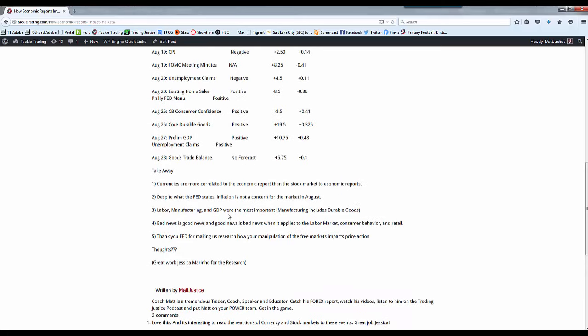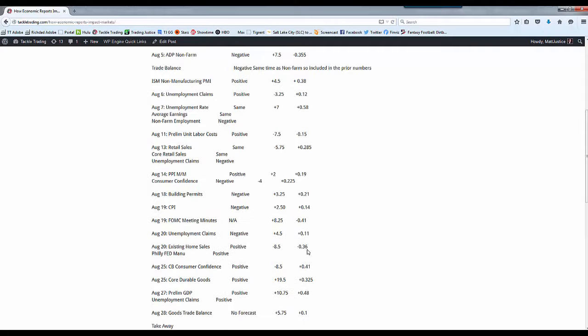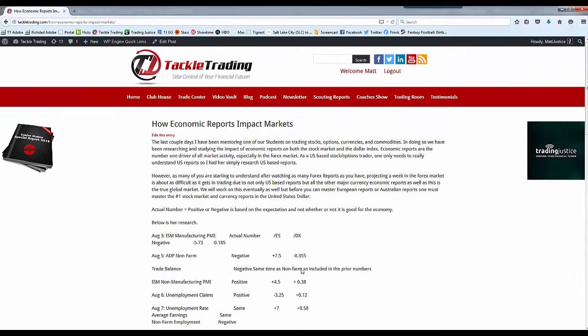Labor, manufacturing, and GDP were the most important economic reports. Bad news is good news, and good news is bad news only when it applies to the labor market, consumer behavior, and retail. Great work, Jessica, on the research, building scans, making trades, and here's to another day of mentoring tomorrow,